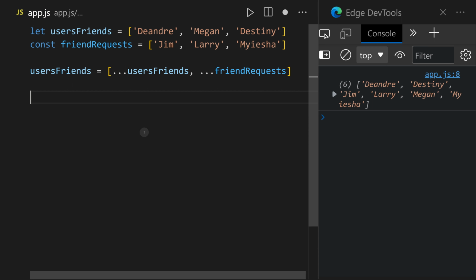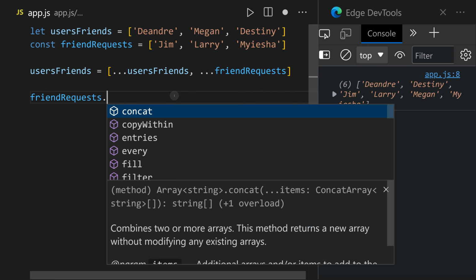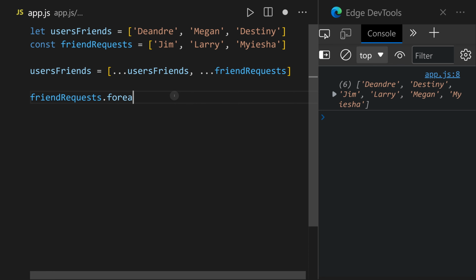Okay, so let's say for this last one that we wanted to make a little message for each one of these friend requests. Something like a little message saying, Jim wants to be your friend, and then Larry wants to be your friend, and then Maisha wants to be your friend. We want to make a message for each one of these things in the array. How do we do that? Well, there is a built-in method called forEach that will let us create a message for each friend in this friend request array. So to do that, we'll just type friendRequest and then dot, and then forEach,